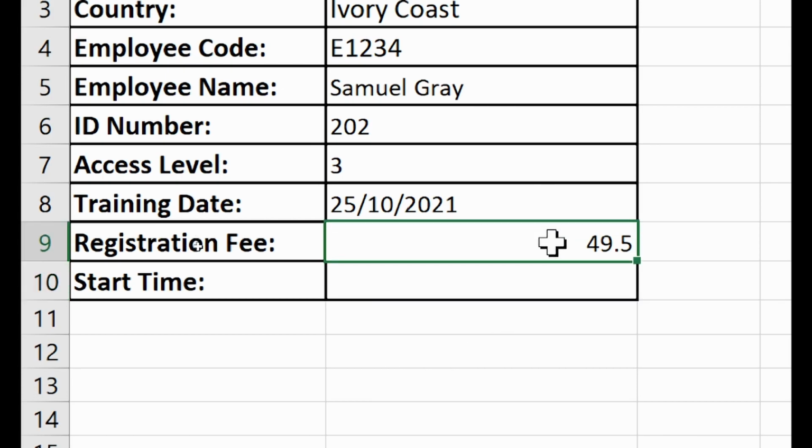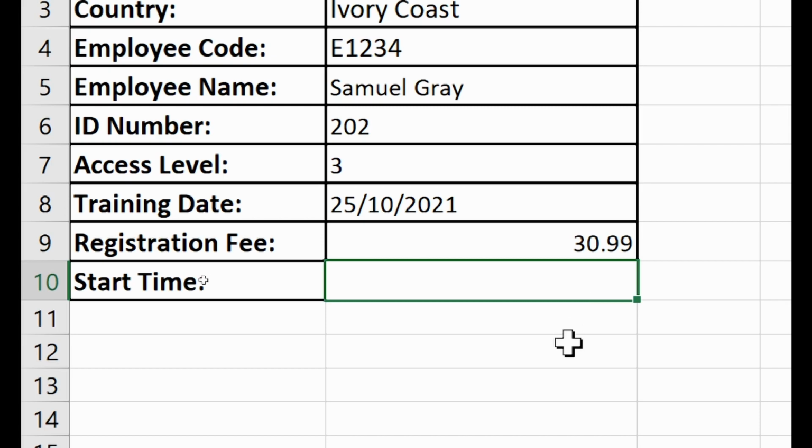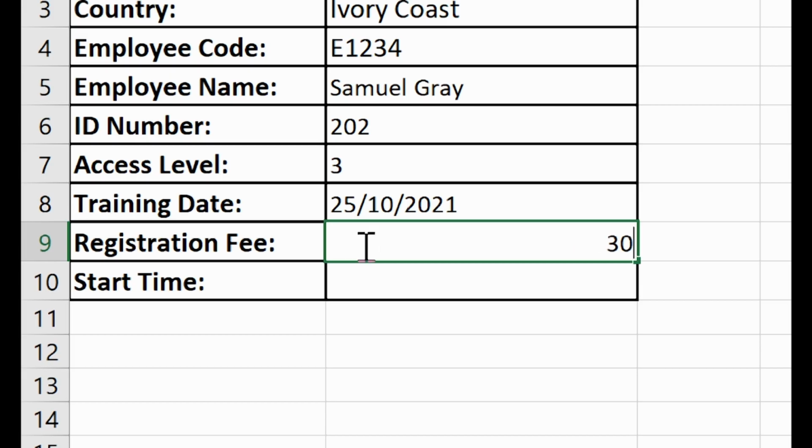If I enter 30.99, it's less than 50, it has to work. So if you intend to allow anything less than 50, then don't use whole number, because whole number will restrict it to whole numbers, unless of course that's what you want. Is that clear? Right now our registration fee is less than 50, so anything less than 50